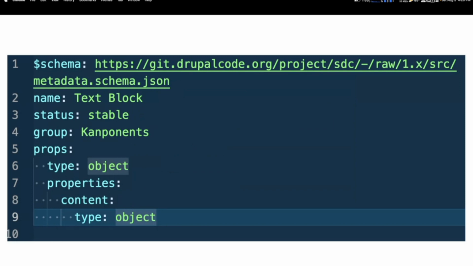Like I said, we had the schema. The schema is this JSON schema file. It has a little name. The status can be experimental, stable, deprecated. You can actually attach things to them. That's for future developers when they can lay out what the components are that are available to you. You have your group, much like you group your modules. And then you have your props. Now, one thing that the documentation says at the beginning is that all this stuff is optional, and that is a lie. And I'll go into why later.